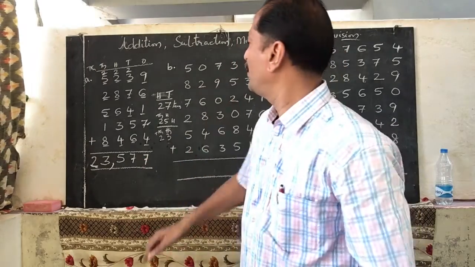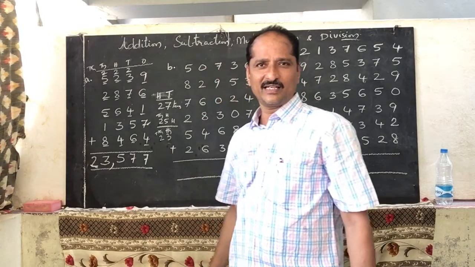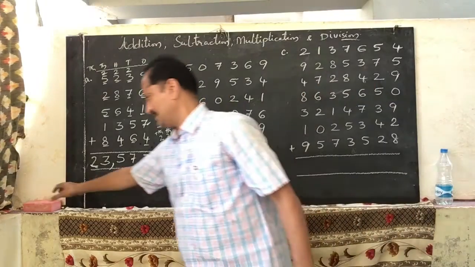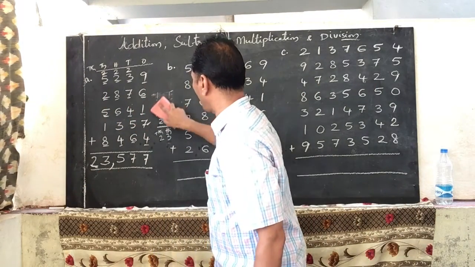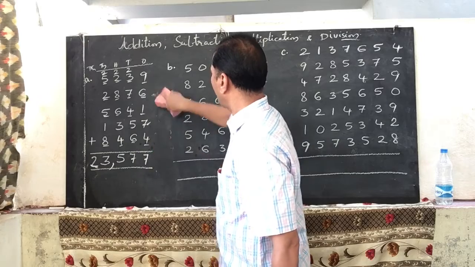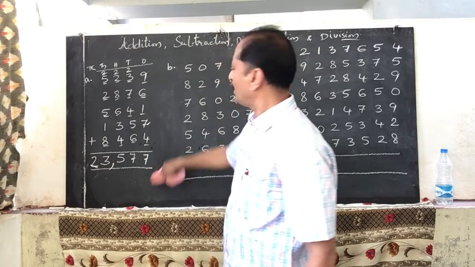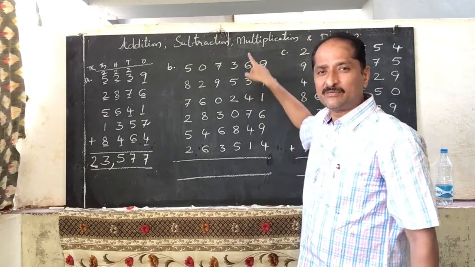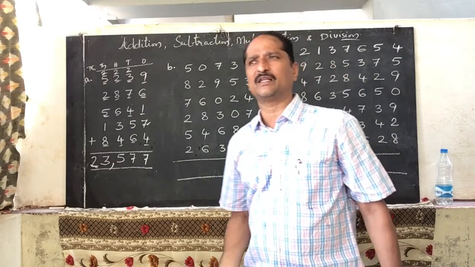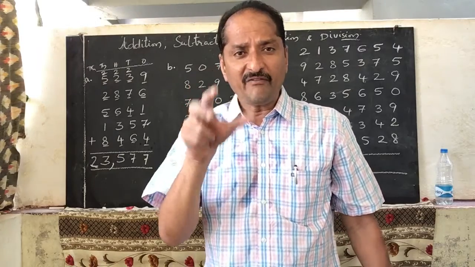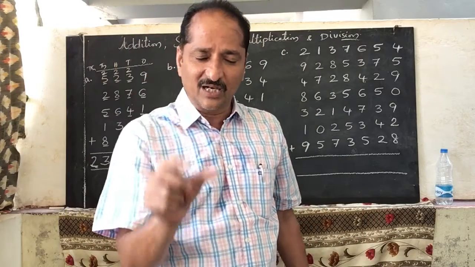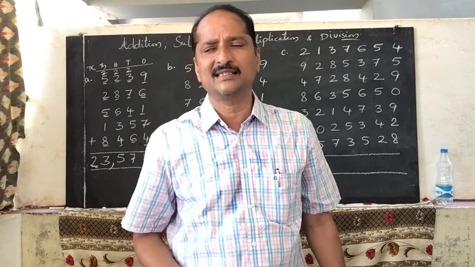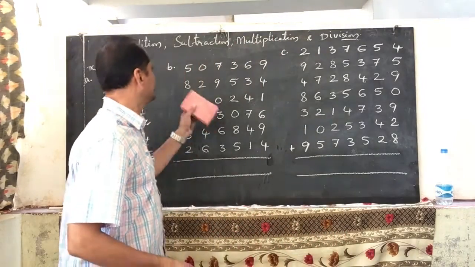23,577 is the sum of all these numbers. Okay. So like this, the second one also you can find out. The second number sum also. So how many digit number may be given? We have to write down like this in column wise. Ones place under ones place, tens place under tens place, hundreds place under hundreds place, like that. Every place we should write down, and we should add all the ones, add all the tens, add all the hundreds, like that. Go. Now see here, this number.